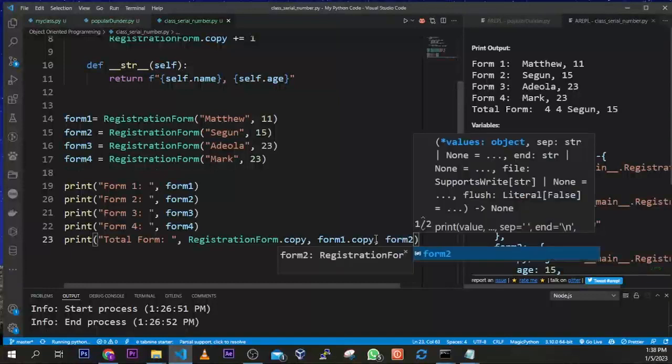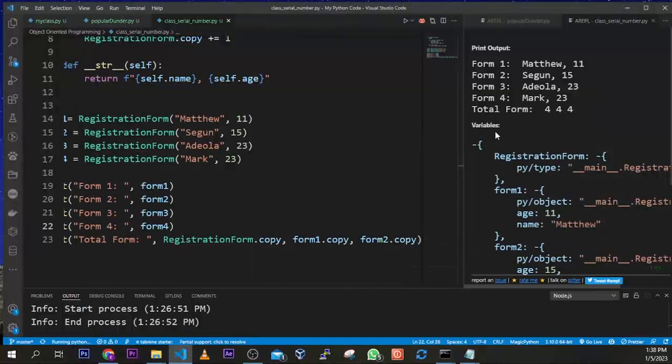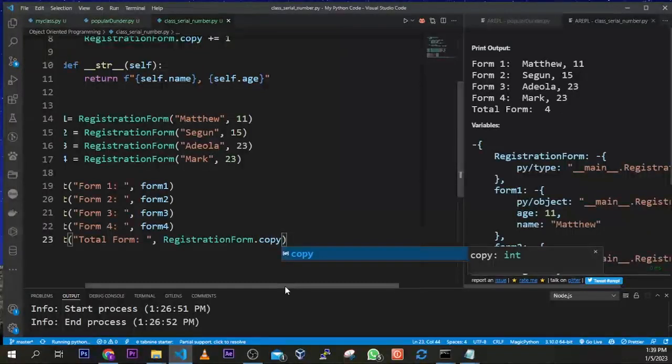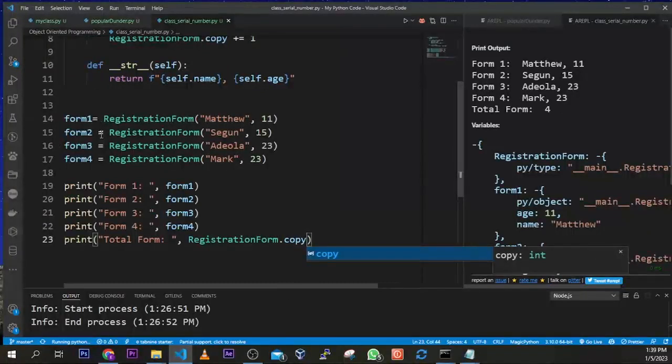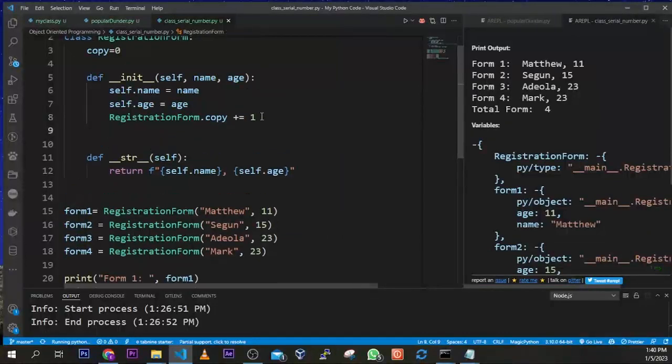form2.copy will still show 4. And also it's the same for form3 and form4. So all these keep track. That record is constant across the copies, that is the instances. So with that known, I can generate a serial number for every instance. So underneath the initialization, I'll say self.serial